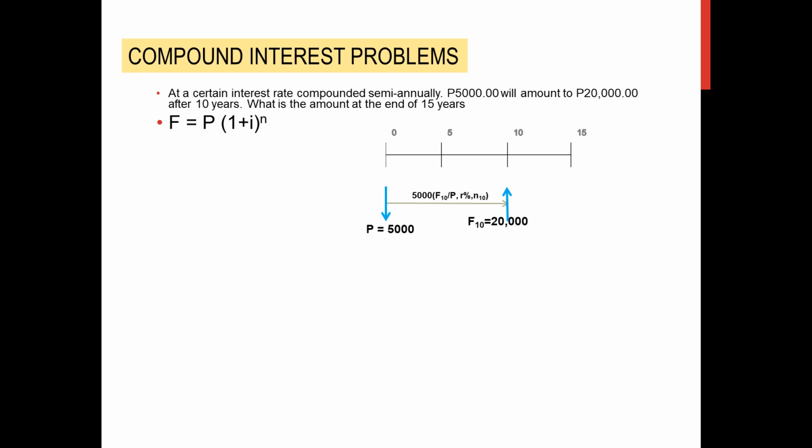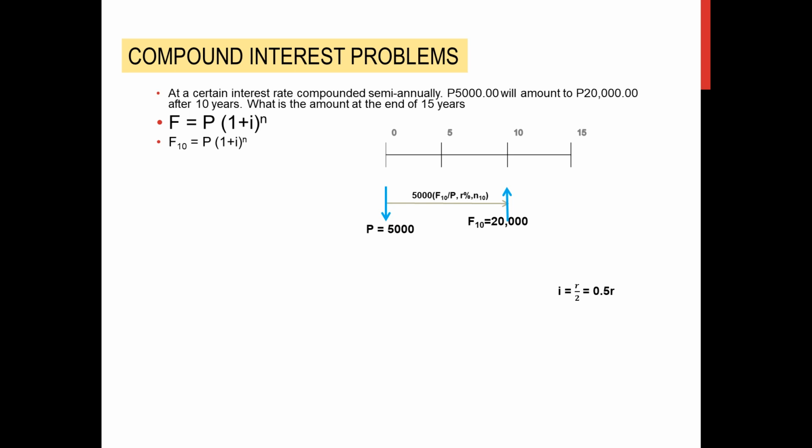Of course you can also apply the other formula, finding F given P or finding P given F. So any of those formulas. So in this case I'll just use this formula. F is equal to P times 1 plus i raised to 10, and then the future is actually F10 on that,